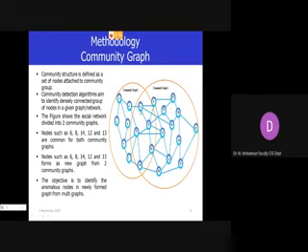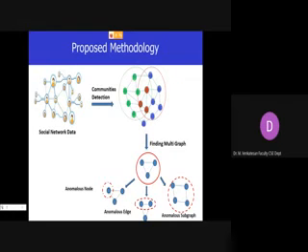Then the same node 6 may say, I am from community graph 1, so I would like to communicate with graph 2. So what do you want to do? You want to find the nodes which are common between the two communities. So first you would like to find the communities, and then find the common nodes between them. That's called community detection.